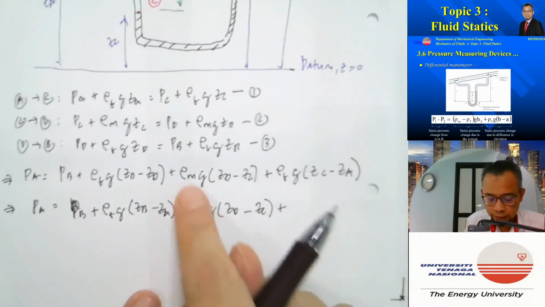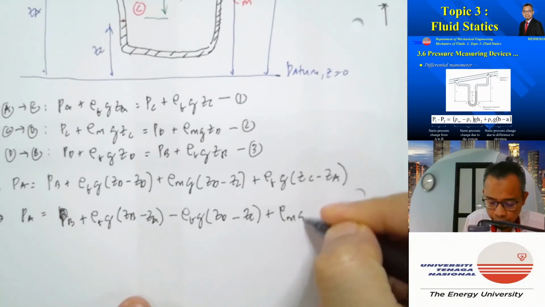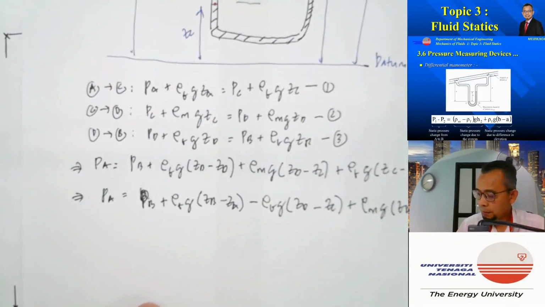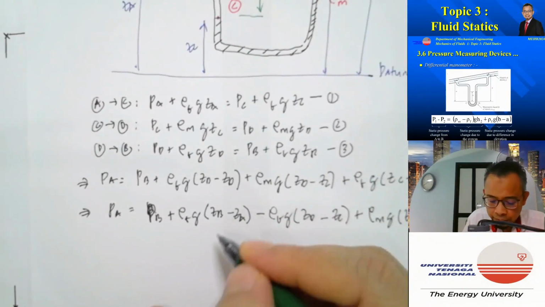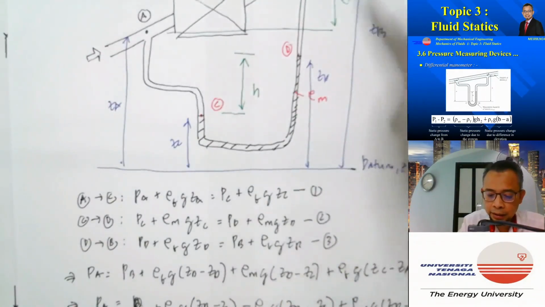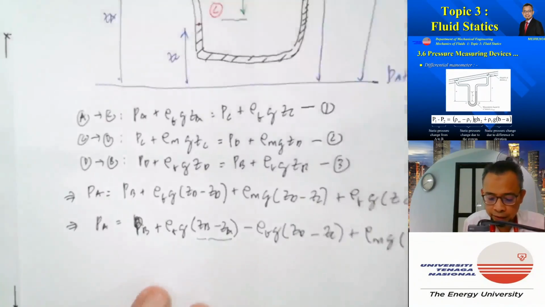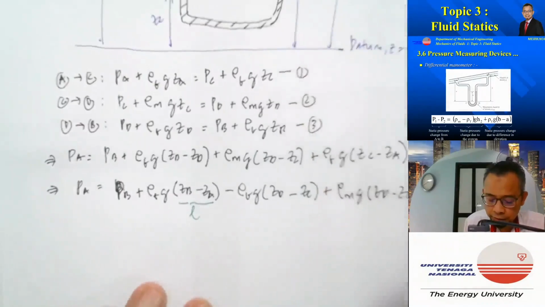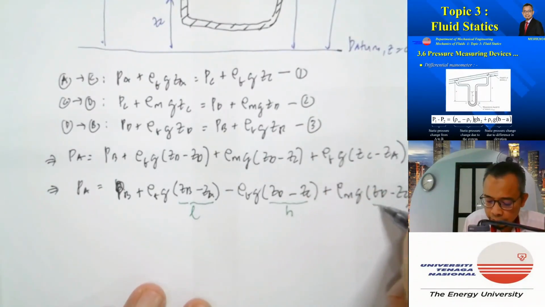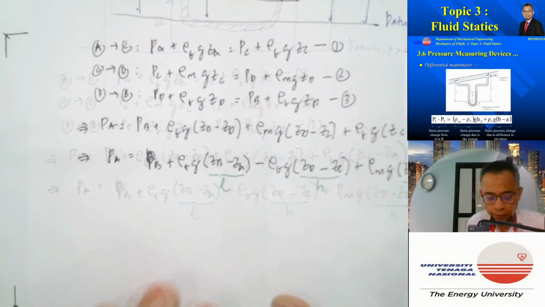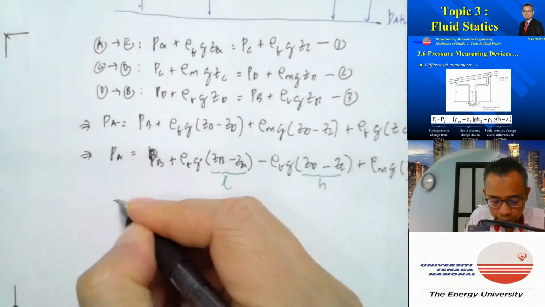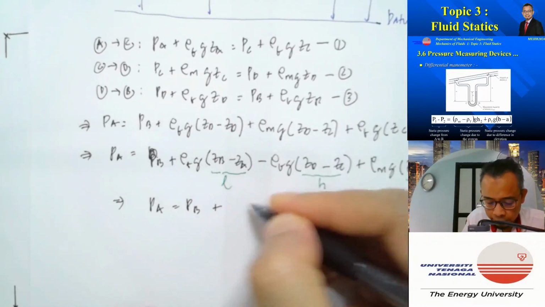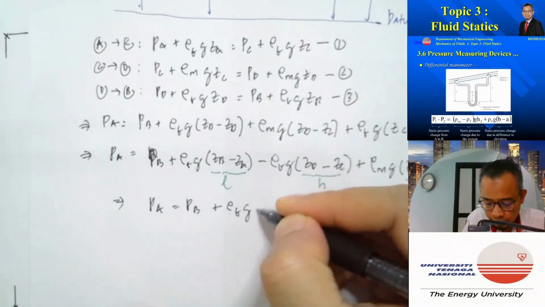And then this one here is rho M g (ZD minus ZC). So if I look at this, ZB minus ZA is L, and ZD minus ZC is H. This is H. So I can write PA is equal to PB plus rho fluid g L